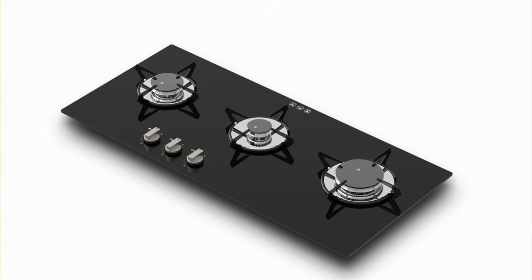The gas hob. The boat came with a standard gas hob, and we didn't particularly like that gas hob for a couple of reasons. First of all, it only had 3 burners. We liked a minimum of 4, but we like a dedicated wok one, don't we? Because we like to cook with a wok. We have a proper steel hammered wok, and we like to use that quite a lot. So the 3 burner one that they were offering